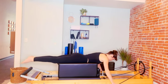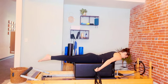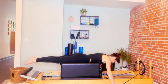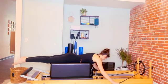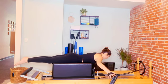Inhale, pull back, lift, reach through, and then exhale, lower yourselves all the way back down. Now, take these short loops into your hands. Arms are gonna open out to a T,